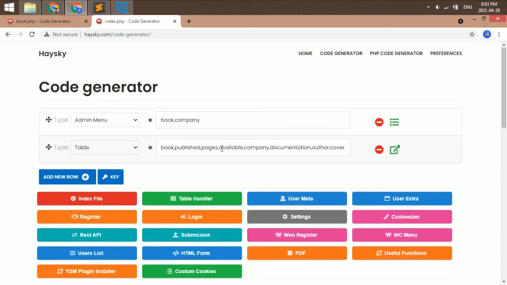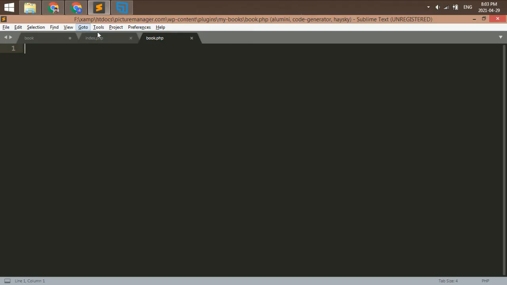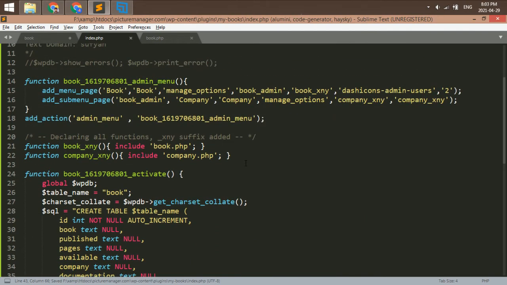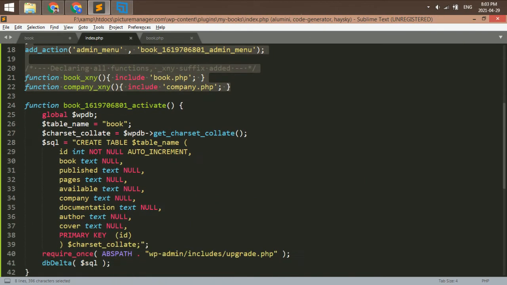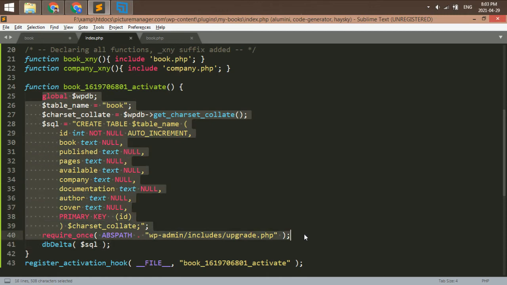So no need to do it individually. You can do it both at a time. So replace this one. So up to here we have discussed. So this is the table creation part. There is a function and global WPDB and all the SQL, and SQL will run here.